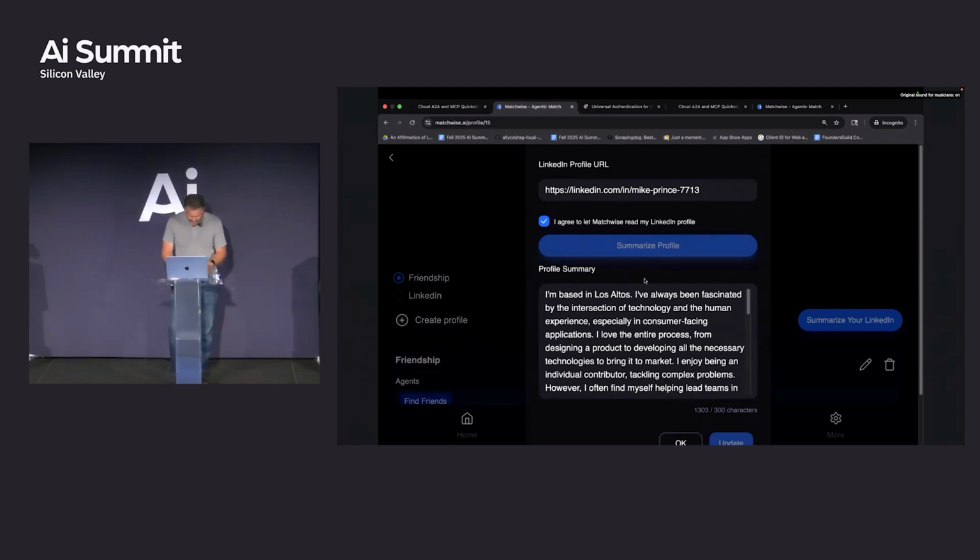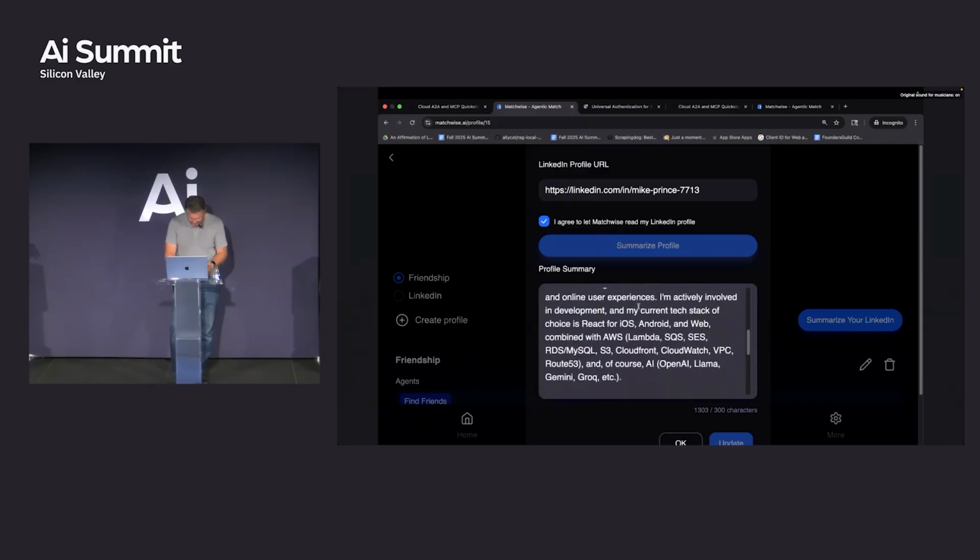So this went off. It scraped LinkedIn. There's different strategies to this. You could take all of the LinkedIn scrape and shove it into some place. And then when you do your inference, you might have a very large amount of context, which may be good or bad. Or you can do summarization on this, and I do summarization here. So I took my LinkedIn profile, which is a large set of data, and I summarized it down. So this is my little short description about myself.